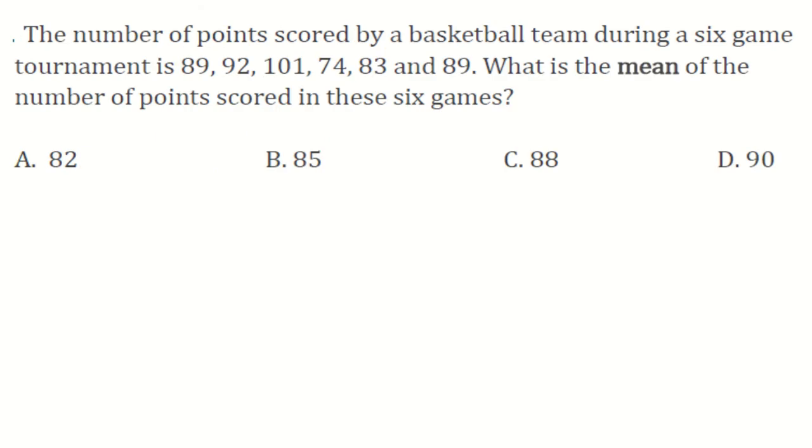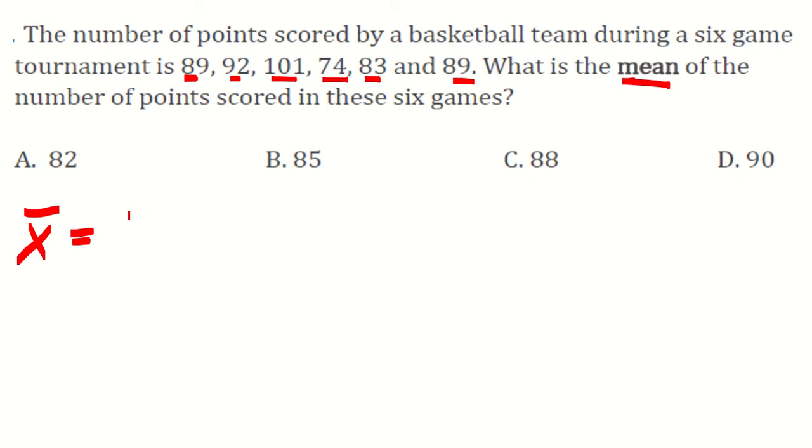The next question, it says the number of points scored by a basketball team during a 6 game tournament is 89, and 92, 101, 74, 83, and 89. These are the 6 game points given to us. So what is the mean? The main point here, what's asked is the mean. You know, mean means total score or total points divided by total number of games. So this time the mean, mostly represented by x bar,